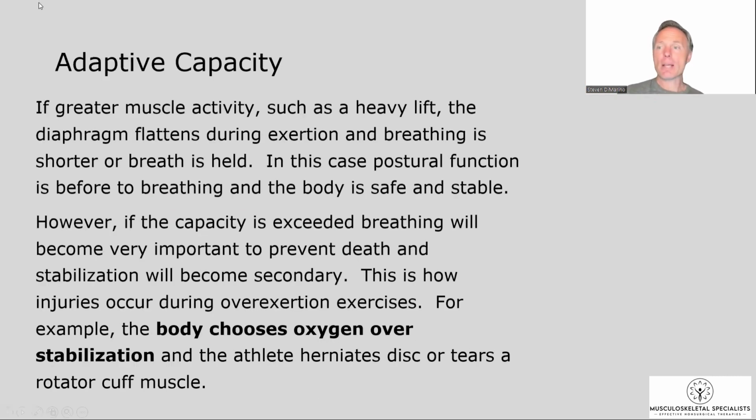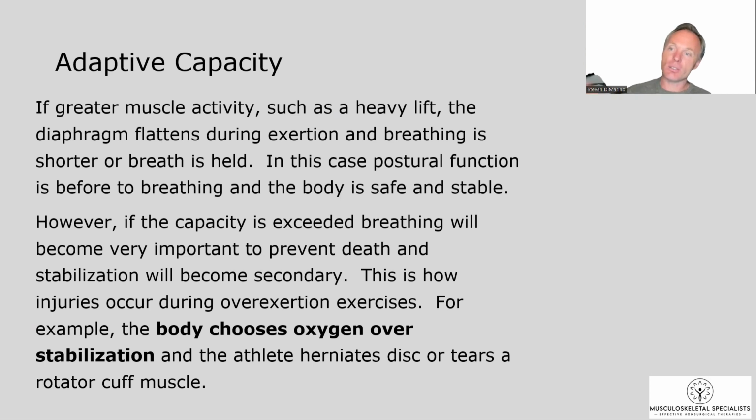Okay, adaptive capacity, and then we're done. Okay, so adaptive capacity, what is that? That is your body's ability to adapt for the activity that you're asking, the stability you're asking, the movement you're asking. The capacity is where it can no longer adapt anymore. So you've exceeded your capacity. That's your adaptive capacity. So as you're stabilizing, your body has to choose to breathe or stabilize. Like if you're lifting heavy weight, it's going to have to make a choice, right? You're going to have to limit your breath in some way to stabilize if you're doing heavy lifting. And your body will always choose oxygen over stability